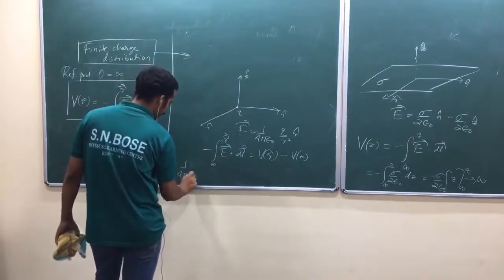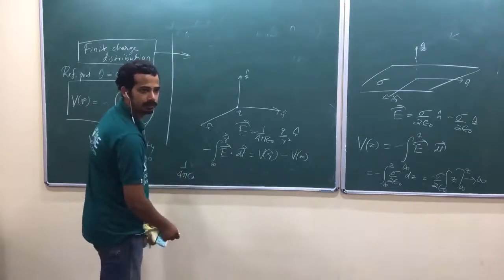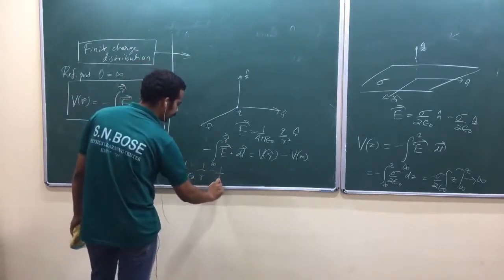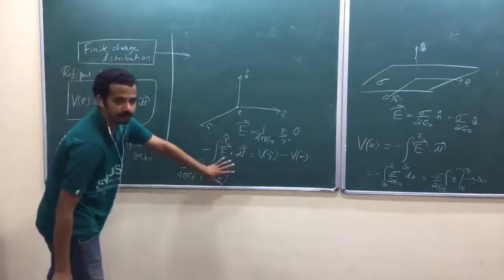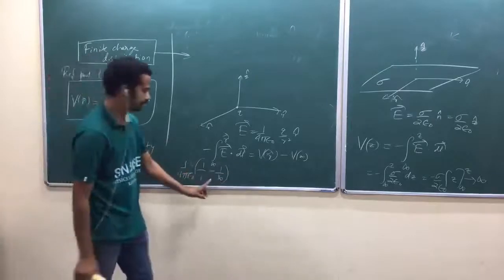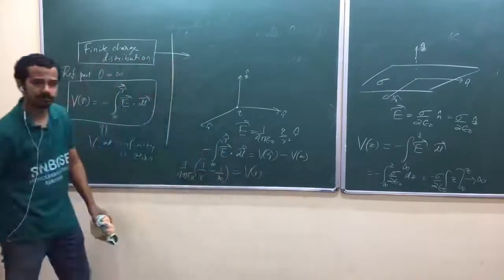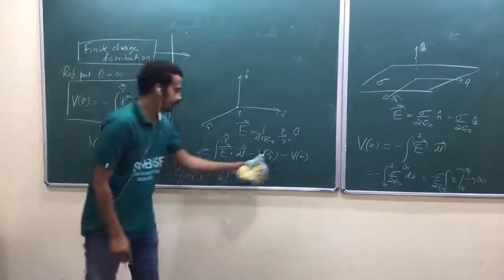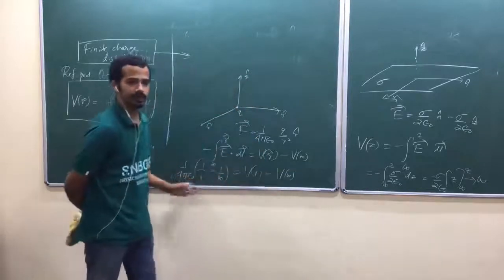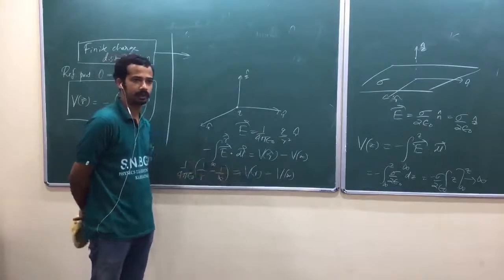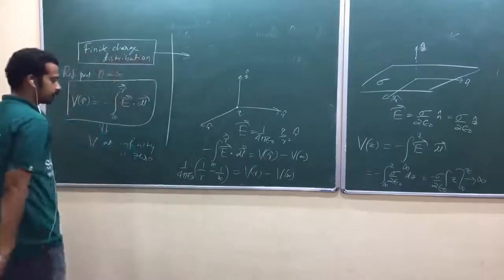When you do this one, do you remember what we got actually? 1 by 4 pi epsilon naught. This was a to b, am I right? We have written a to b, 1 by a minus 1 by b. We got 1 by r minus 1 by infinity. You'll get it like that. This part will be 0. Is that okay? So you can argue in that way also. V at r, that is equal to this one. Isn't it? V at r minus V at infinity. Now you can equate these two. You can say V at infinity is 0, V at r equal to this value. You can argue in that one. Isn't it? That's what he's trying to say. Yeah. So that's also a good idea.